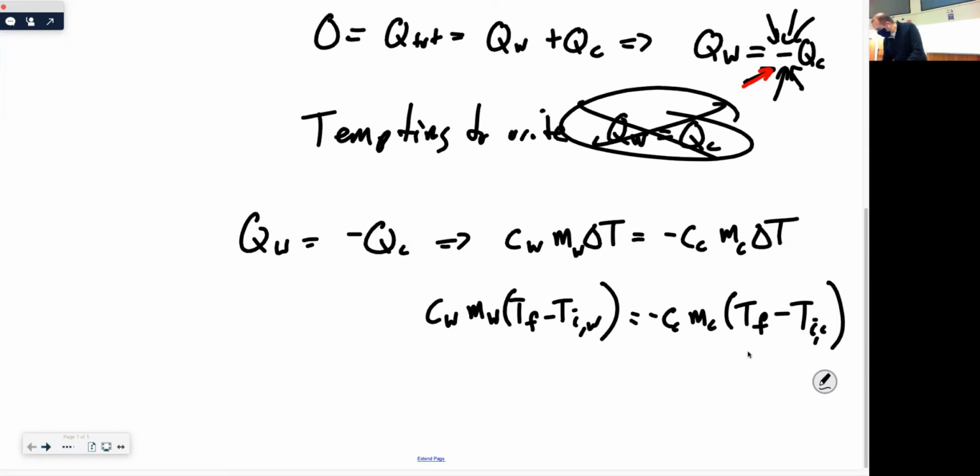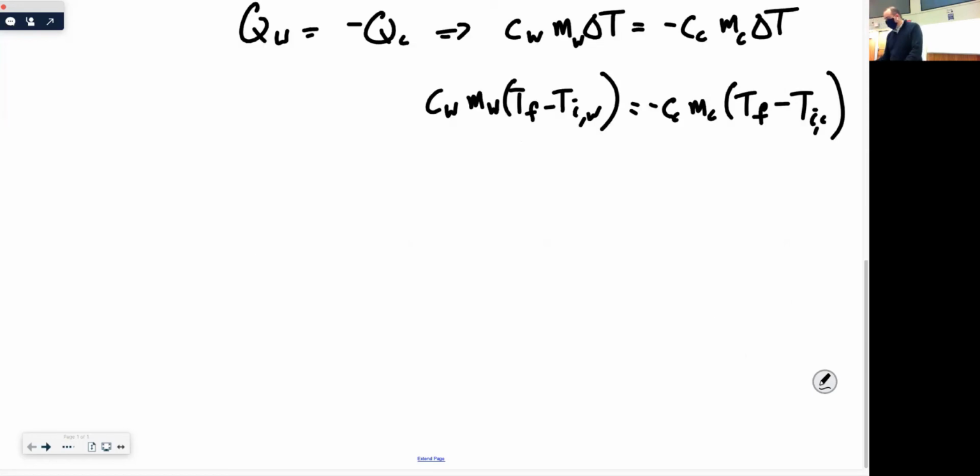So let's try one of these examples. It's going to be a little bit different. It's going to be exactly the opposite. I'm going to put a hot object into a cold bath to try to heat it up. So maybe if you don't have a hot water heater in your house and you want to take a warm bath, you could imagine building a fire in your backyard. You could imagine putting rocks in that fire to heat them up to very hot temperatures. You could imagine putting those rocks into your bathtub to heat the water to make for a pleasant bath.